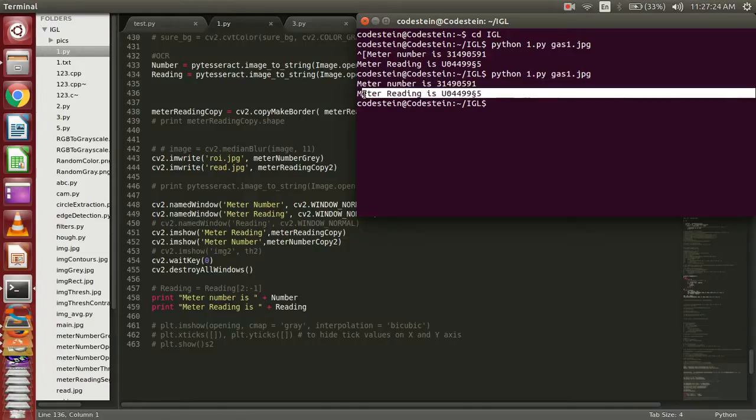Now the problem with detecting the meter reading is that the meter reading part is in black color and is slightly in the backward part of the meter. So in clicking pictures, that part is enclosed by a glass screen, so a glare usually comes out. To increase the accuracy of this reading, we need a lot of meter images to train our own neural network, which is the future work part of this project. I've already contacted my mentor at CDAC to provide me with good images, at least 1,000 IGL gas meter images,